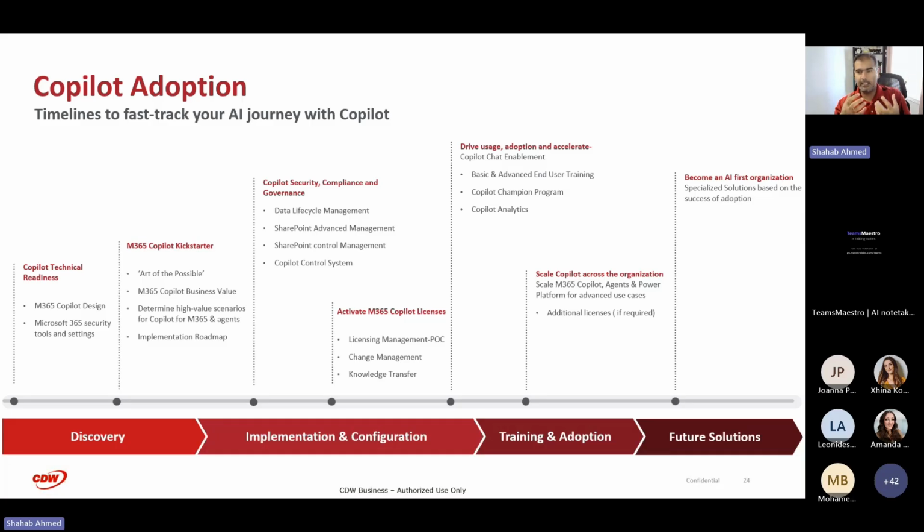We have a very advanced champion program that we take customers through. And then the analytics piece, right? It's okay to put all of those training mechanisms in place, but you need to understand what's working, what's not working. Every organization is different, user base is different, appetite for change is different, right? How do we work through that? And then if it doesn't work, what happens, right? So picking those pieces up.